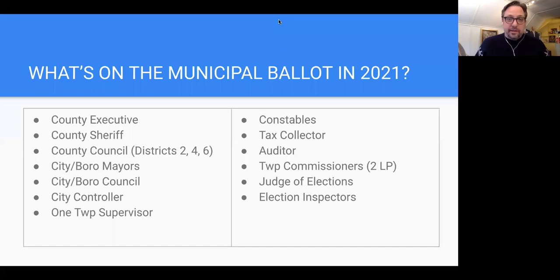We'll also be electing a city controller in the city of Erie. We'll be electing tax collectors in municipalities throughout Erie County, constables throughout Erie County, auditors throughout Erie County in our various municipalities. And then, of course, what too often goes undiscussed, and what I hope that some of you are here for today, and also in your networks, if you can reach out and talk to folks about putting their names on the ballots this year for the judge of elections and the election inspector positions.